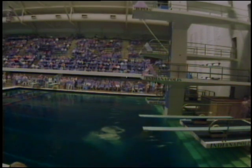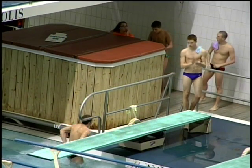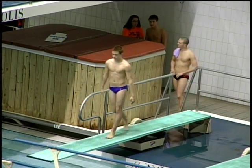This is another rip entry here. Front 1.5 somersault in the pike position by number 1 ranked Darien going into the finals here. Darien setting himself up for a potential of scoring over 500 points today at the